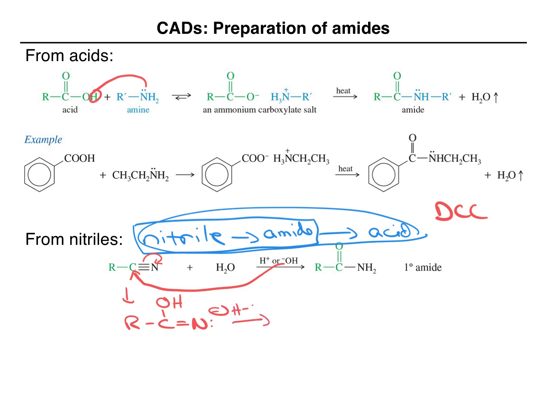The nitrogen can grab off a proton from water, giving this, which is an enol tautomer of an amide. This can tautomerize, where hydroxide, for example, could grab off this proton, put those electrons here to form a C double bond O, push these electrons onto the nitrogen,